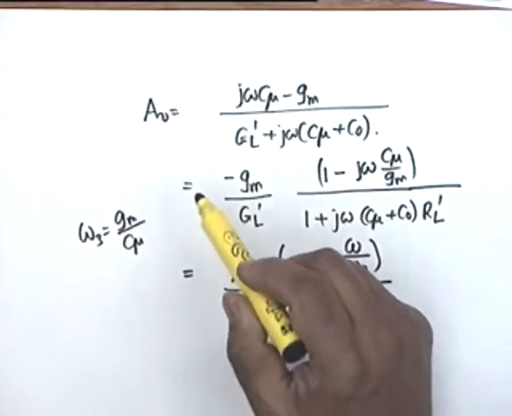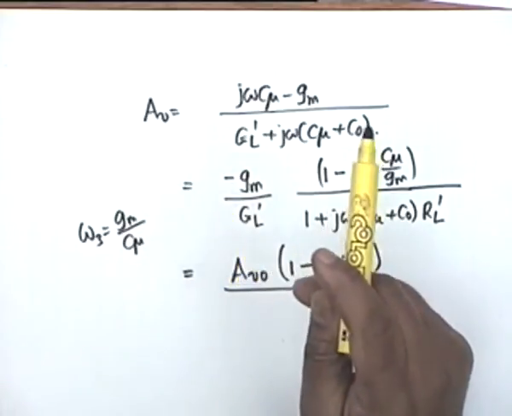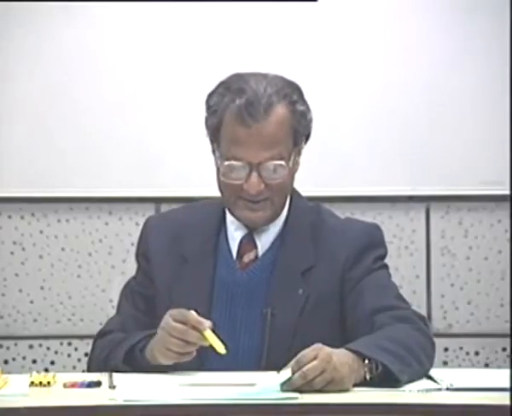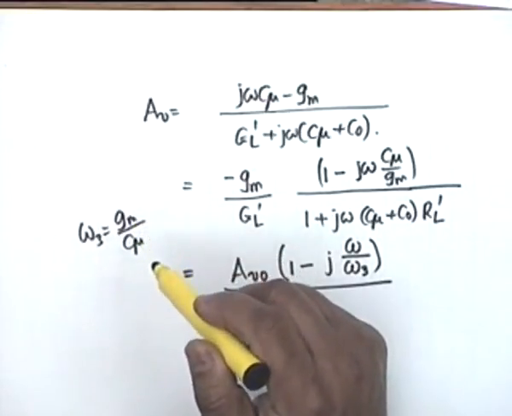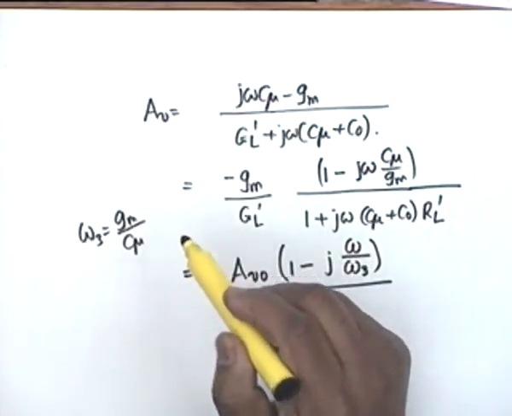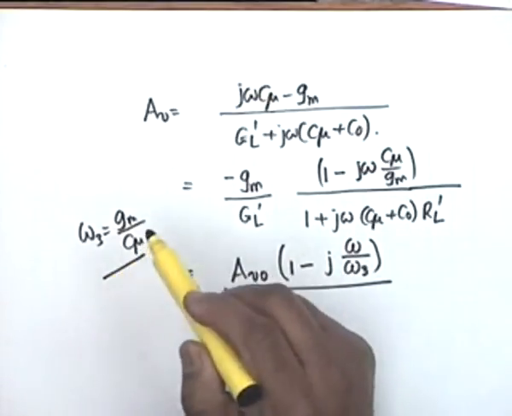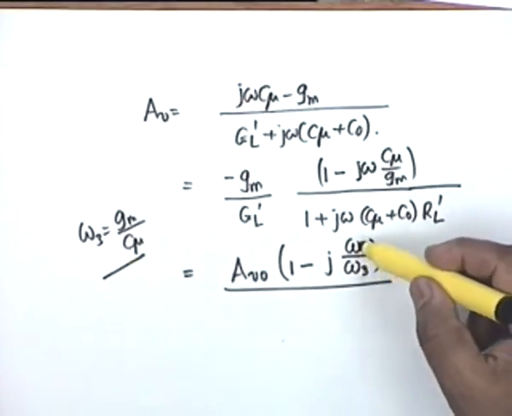There is a quantity which is akin to this. gm divided by (C pi plus C mu) is omega t. This is not quite omega t. Would it be higher than omega t or lower than omega t? Higher than omega t. So omega 3 is greater than omega t, and therefore this quantity omega by